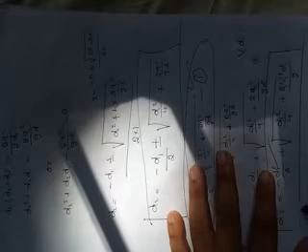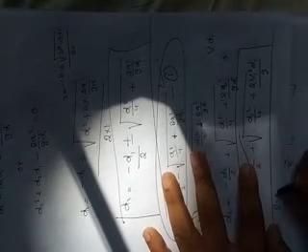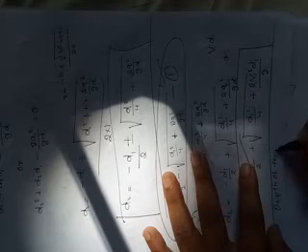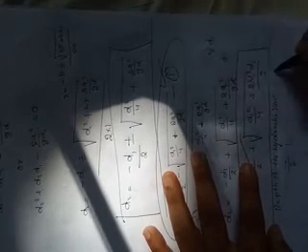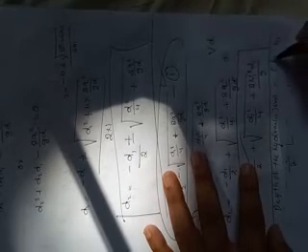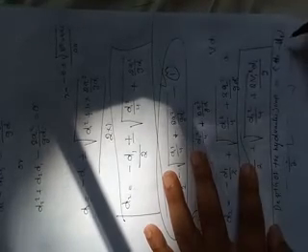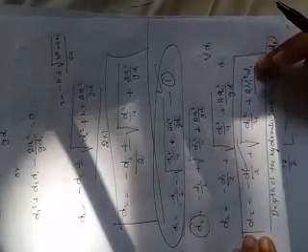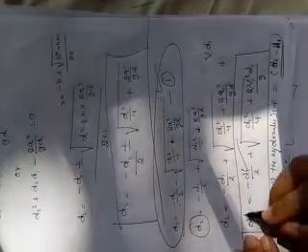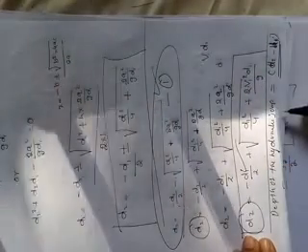So the depth of the hydraulic jump is equal to h2 minus h1, or d2 minus d1. So you got d2 is equal to minus d1 divided by 2 plus root over d1 square divided by 4 plus 2v1 square d1 divided by g. After you get this value, you can find the depth of the hydraulic jump as d2 minus d1. Okay, you got my point?